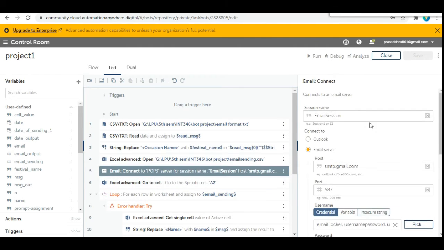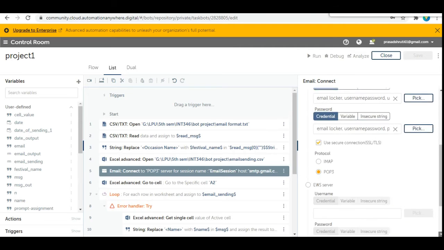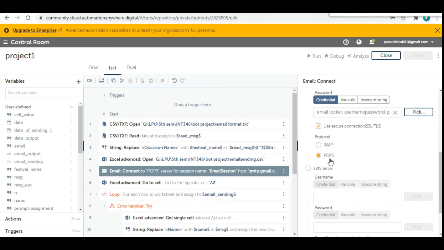I have to send a mail through email, so I have to connect the email. Host name will be smtp.gmail.com and port will be 587. And then after that credentials, and after that password, and I am choosing the POP3 option because I am sending a mail.